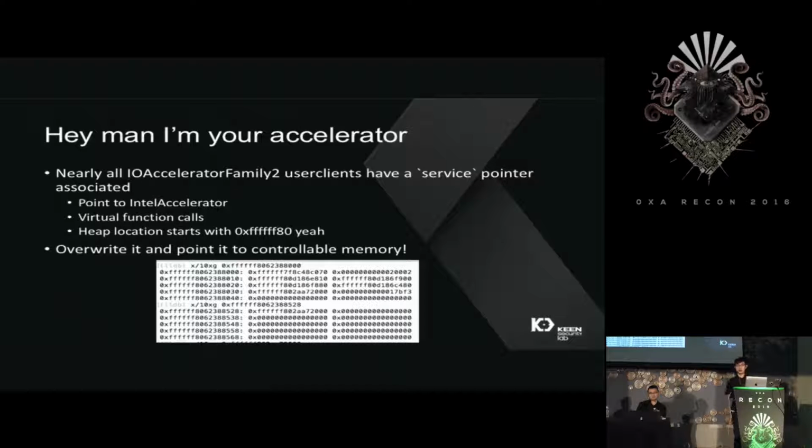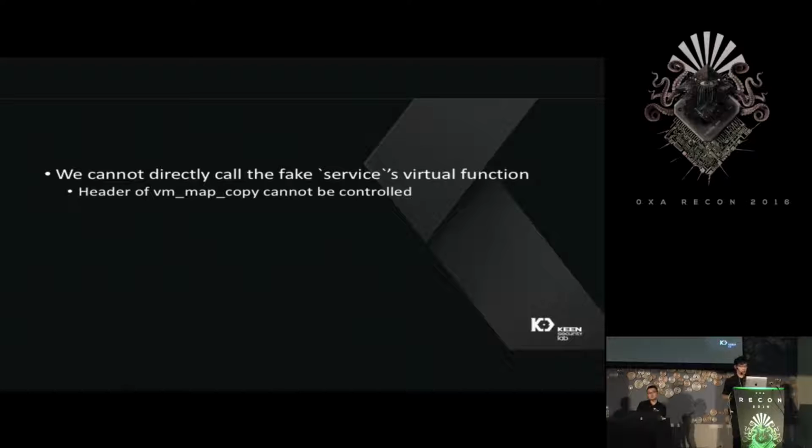We use OOL messages to spray. We can see in this screenshot a memory layout of IGAccelVideoContext, and we can see that at an offset of 528, there is a heap address, and this is actually the heap address of the Intel accelerator, and we can overwrite it. But another problem arises: we cannot directly call the fake Intel accelerator's virtual function,